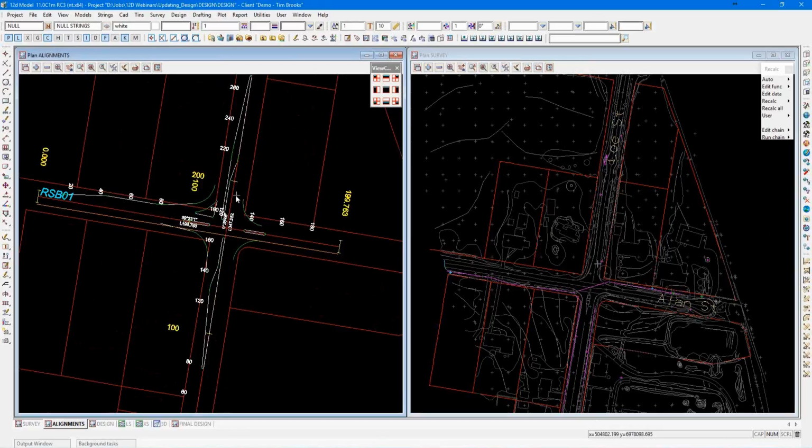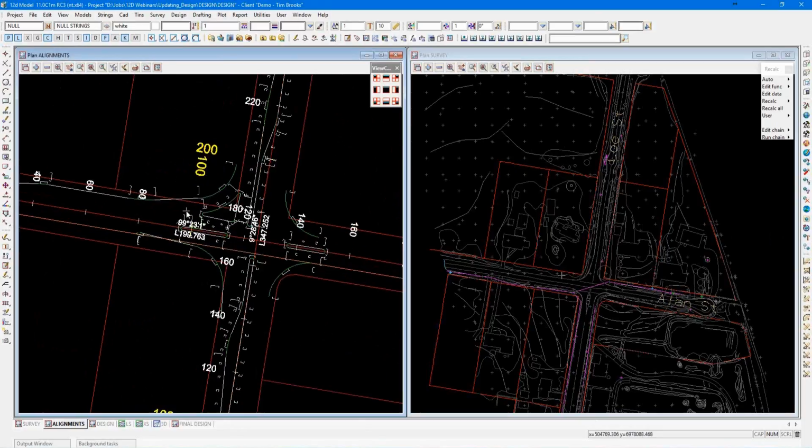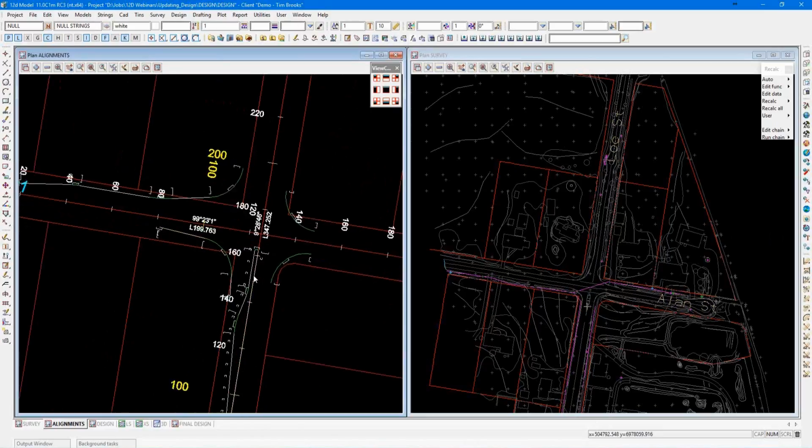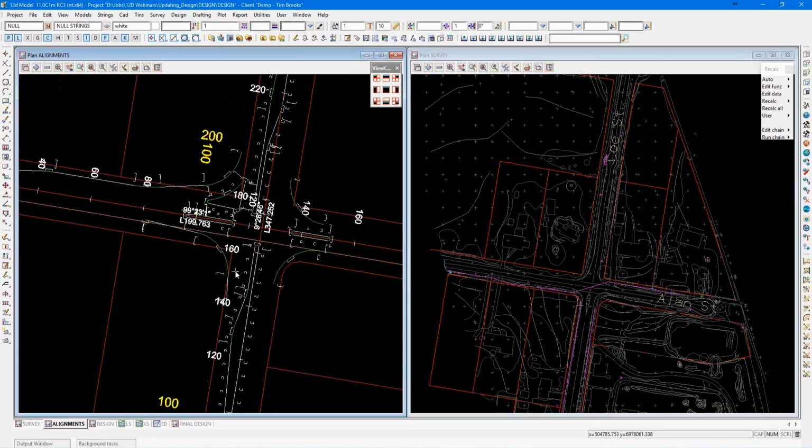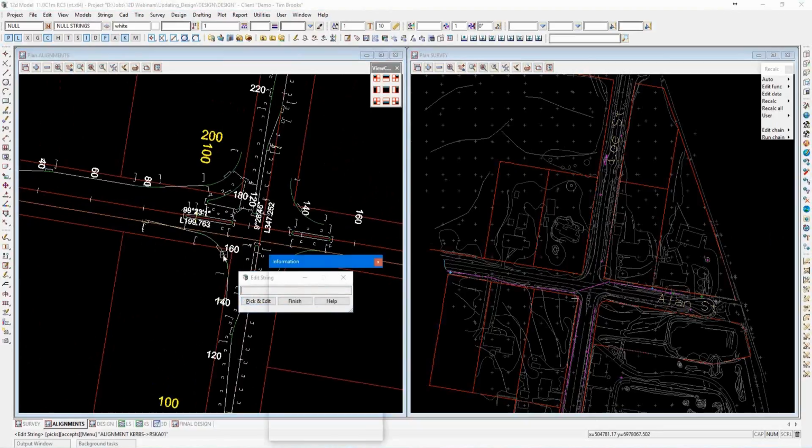Computators in super alignments is basically a way of linking another alignment or a super alignment to another super alignment. This means if you were to move or relocate one alignment, those other alignments would follow it. For example here, if we move this main line alignment, the curb return would follow it. So let's have a look at a few of these computators just briefly to show you what elements were used here. So I'm going to open up this curb return to start with